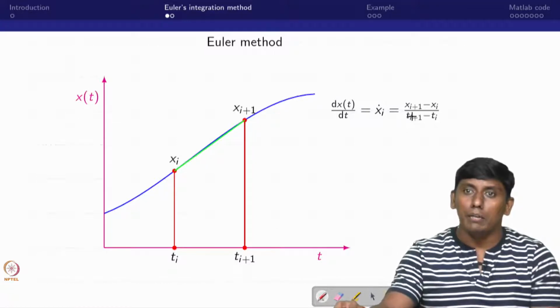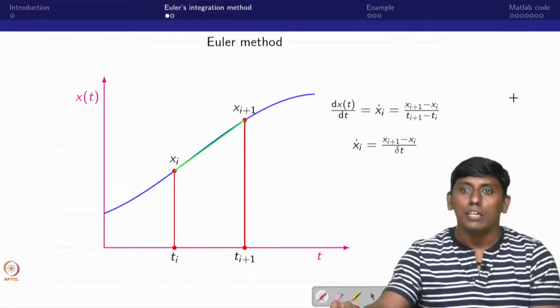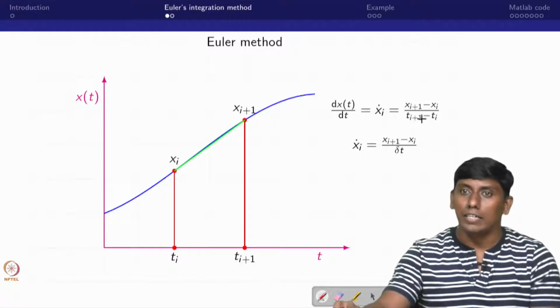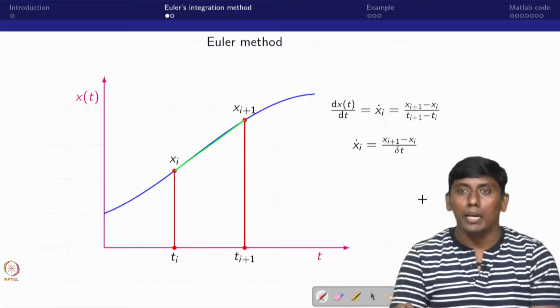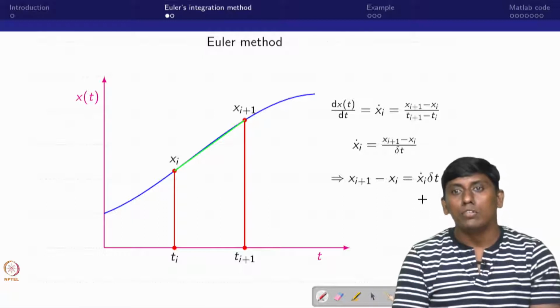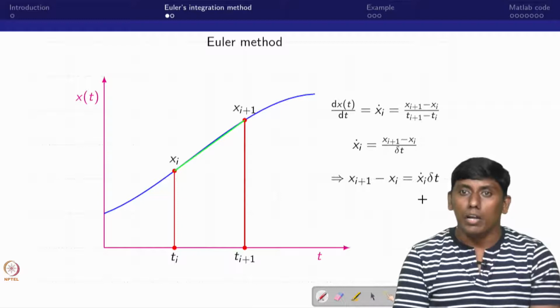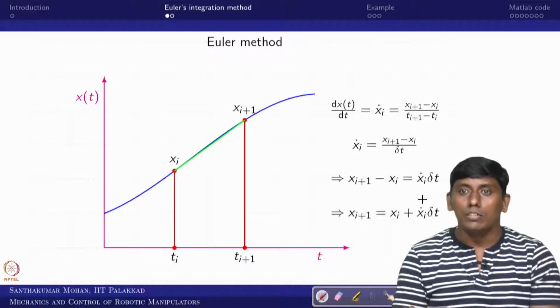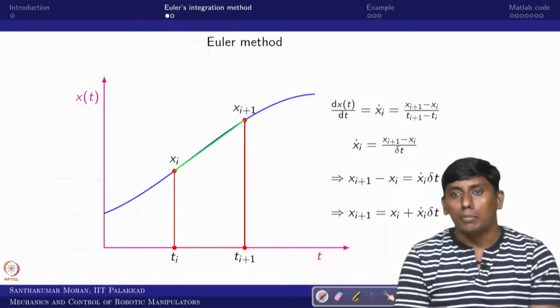So, x dot of i multiplied with this time step, and then I can rewrite this equation. In the sense, I consider this as a delta t. So then you can see x dot of i into delta t plus x of i is equal to x of i plus 1, right. This is what we are going to call a numerical integration, that is, Euler's method. So this equation is what we are going to use hereafter in the dynamic simulation